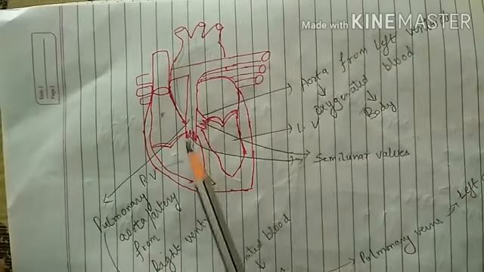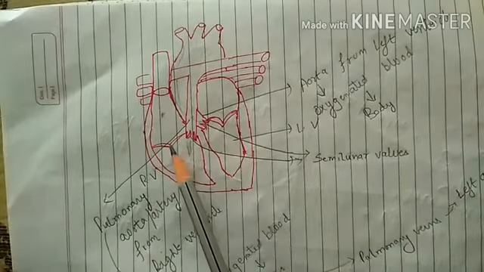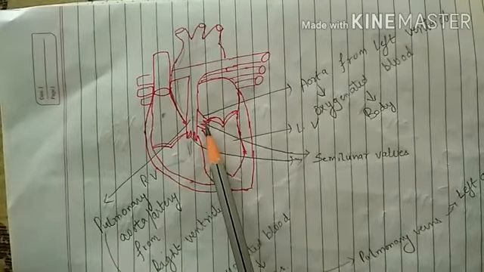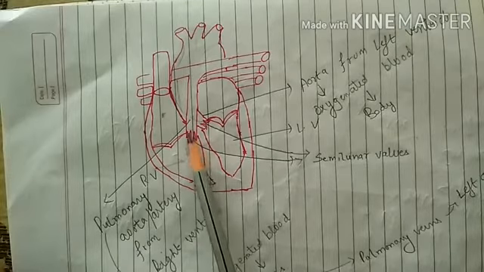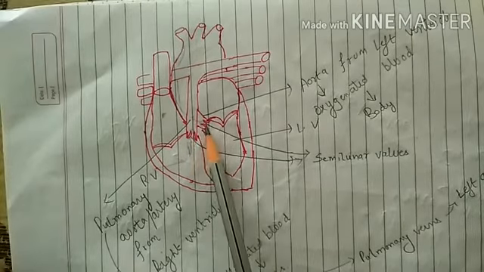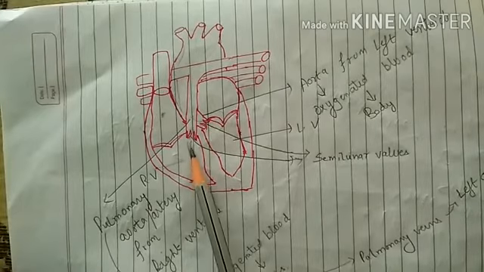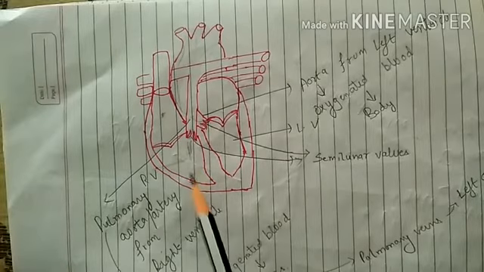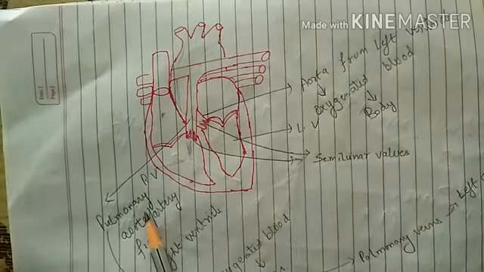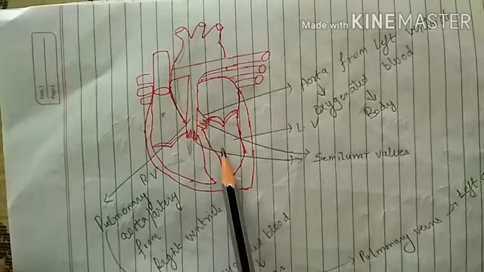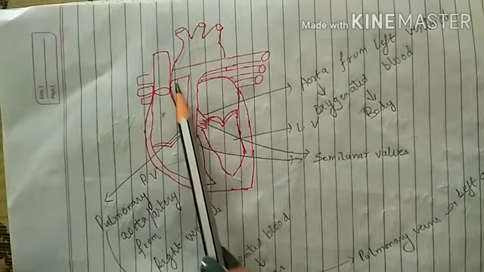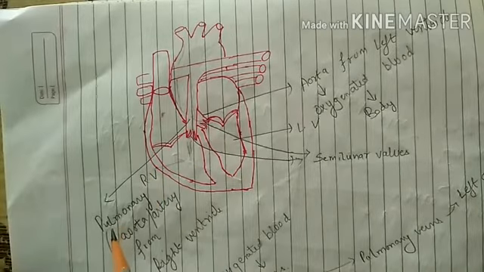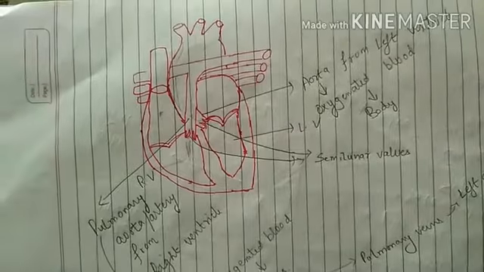When the ventricles contract, the cuspid valves slam shut, and the semilunar valves, which are present at the base of the pulmonary aorta and aorta, open up, and the blood is passed respectively from the right ventricle into the pulmonary aorta and from the left ventricle into the aorta. So this is how the working of the human heart is done and how the blood is